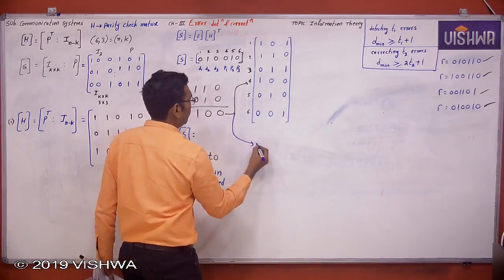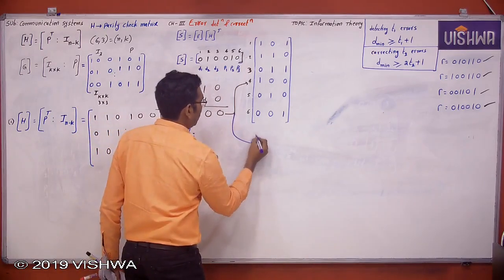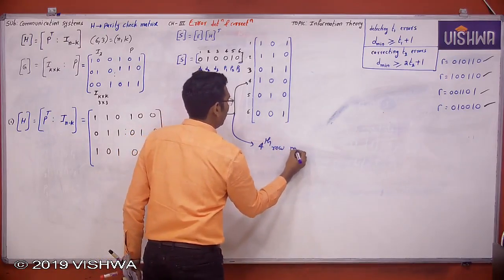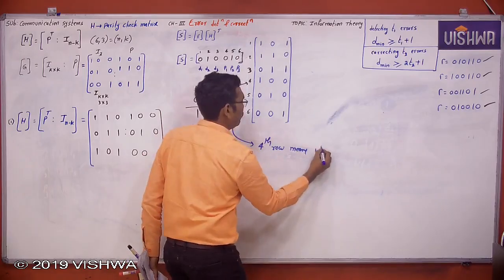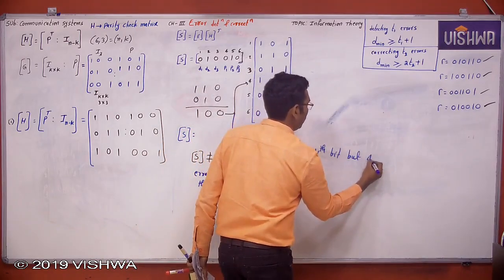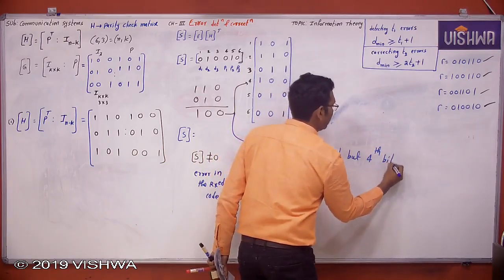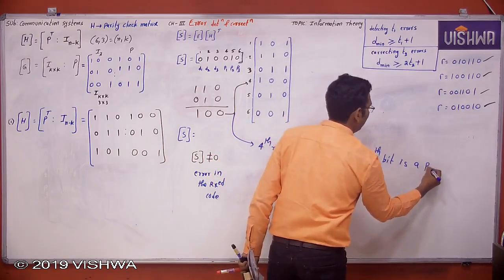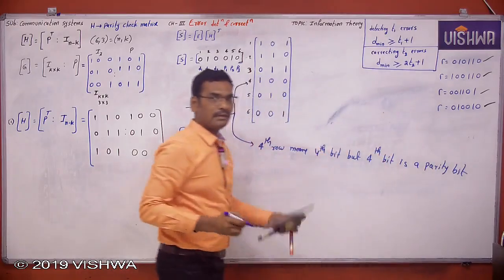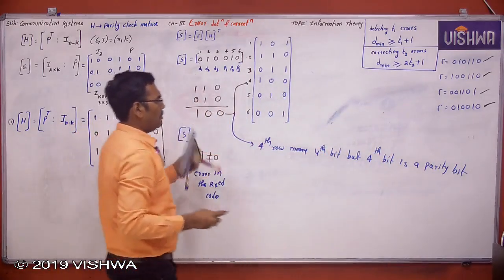So fourth row means fourth bit, but the fourth bit is a parity bit. Fourth bit is a parity bit. Means